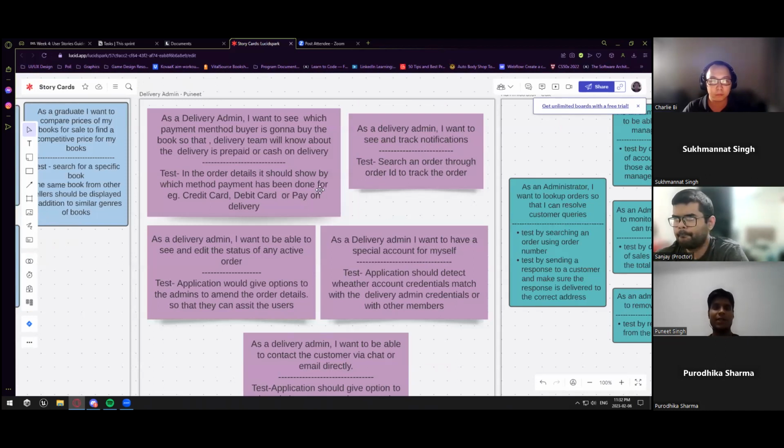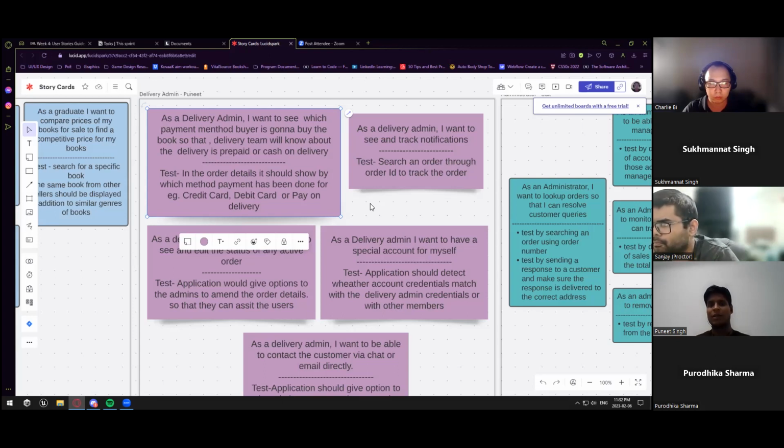Okay, so as a delivery admin, I want to see which payment method the buyer used to buy the book, so that the delivery team will know whether the delivery is prepaid or cash on delivery, so that they can assist. So we can test this in the order details. It should show by which method payment has been done. For example, a credit card is used, or debit card, or pay on delivery. So that we know how the payment is made, and we can assist the user in this way